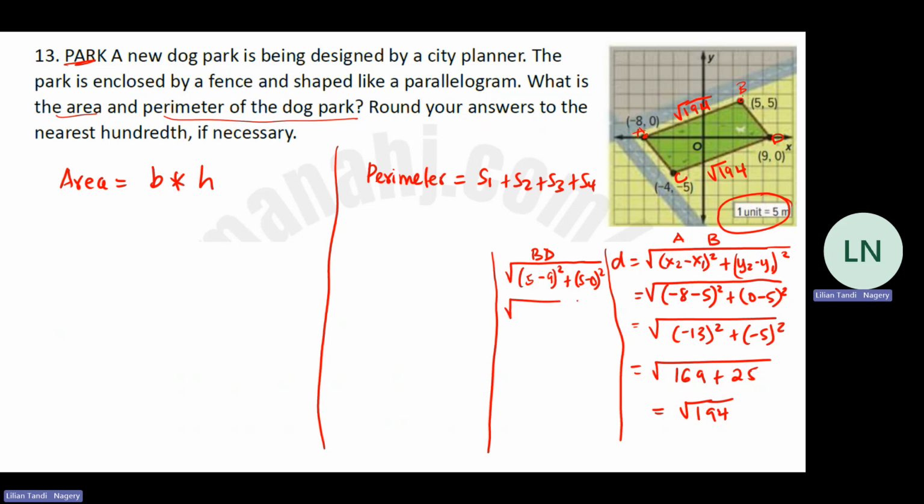Okay, so the square root of (-4) squared plus 5 squared. So this is the square root of 16 plus 25. So the square root of 16 plus 25 is the square root of 41. So this is square root of 41 and this is square root of 41. So now I can write here